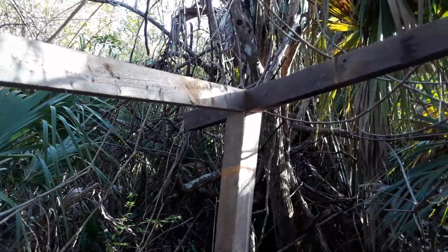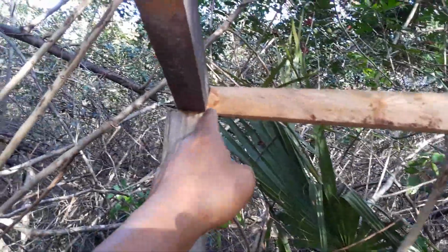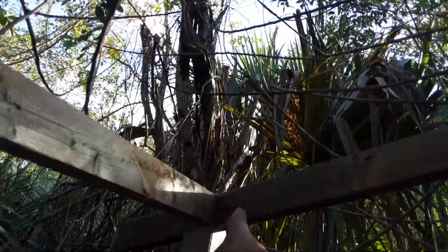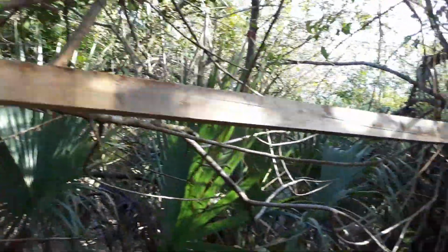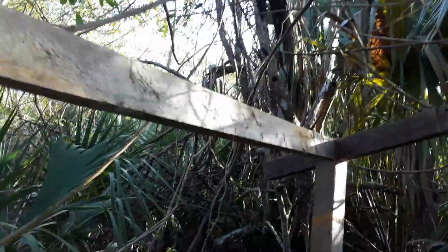Unlike in the previous build where we just stuck the cross beams across and then just nailed them into place haphazardly, this time I am actually going to measure it and try to get it to line up and set it going up vertical. So this is a thin piece. It's only like half an inch or 3/4 of an inch wide. But we're going to try to line it up and then nail it into place just to hold it, and hopefully as you nail more and more of them it becomes a lot more stable. But the idea is to get the roof line even so that when I put the roof on it'll actually be even, so it's not going to be haphazard like before,